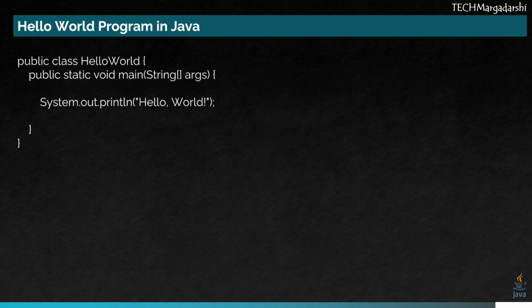Inside the main method, we use System.out.println to print text on the console. In this example, it displays the message Hello World. This simple program helps us understand the basic structure of a Java application, including class creation, the main method, and